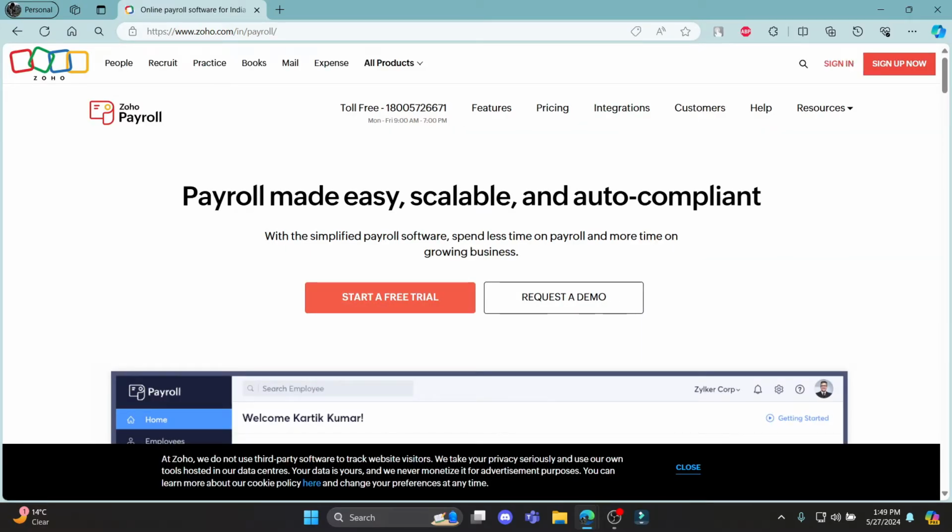You can see that this is the official login page of Zoho. And if it doesn't lead you to the login page, you can see sign in on the top right hand side. If you have an account, go ahead and click sign in, and if you don't have an account, click sign up and create a Zoho account now. So go ahead and click sign in as you already have an account, and it will lead you to this